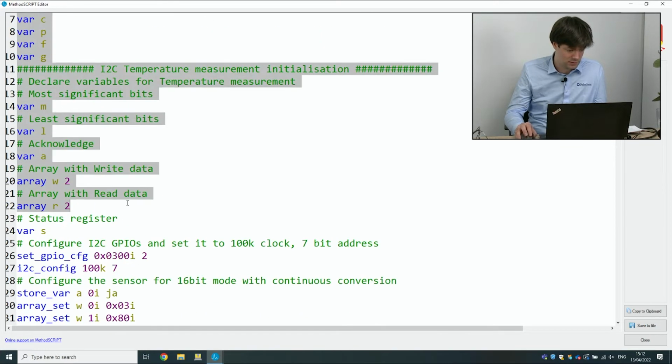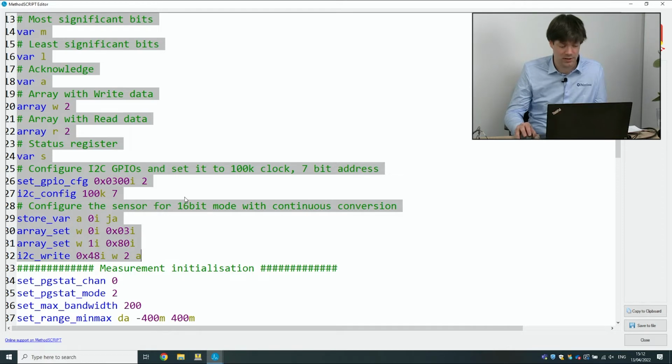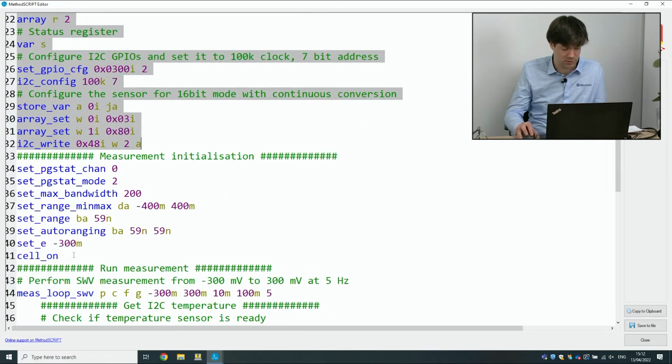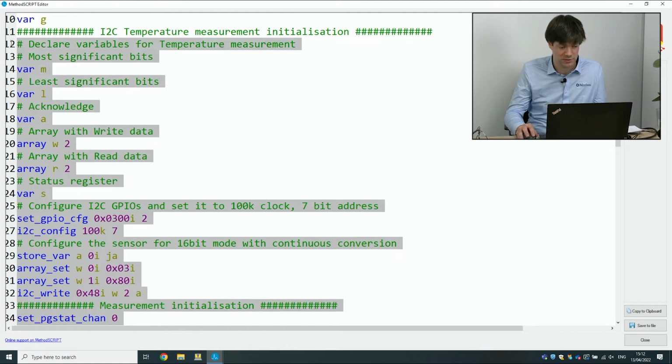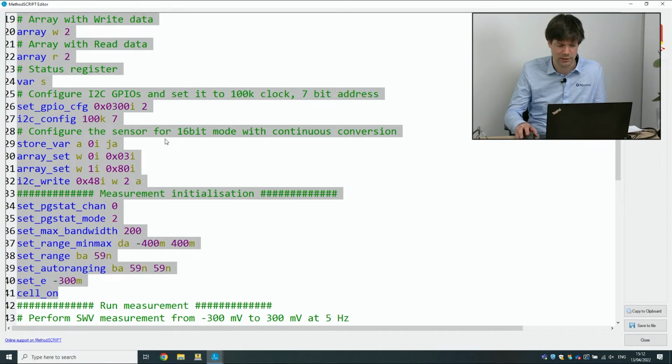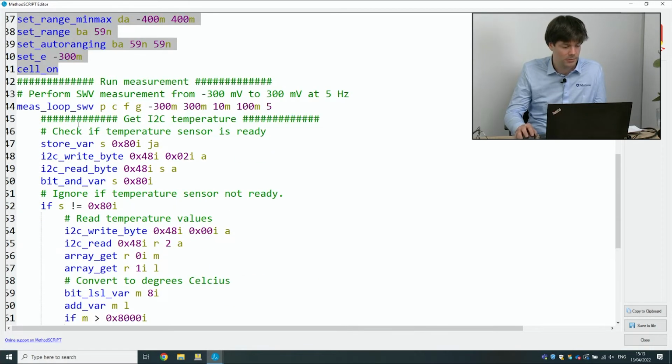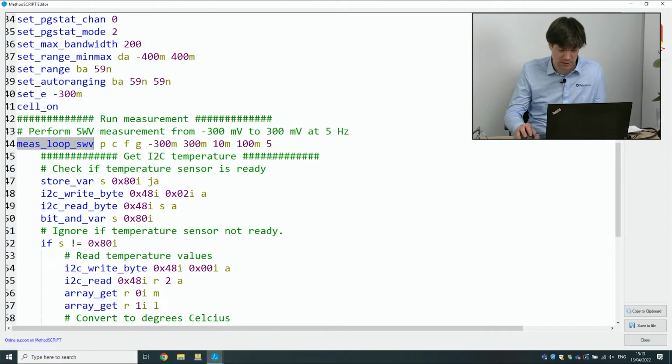The rest of this bit, the first bit here, is just initialization. I'm just going to skip over this just because it's a lot of code and it's not that interesting to explain right now. Most of this is generated by PSTrace. This is the interesting bit here. This is the measurement we're actually doing. So measurement loop SWV stands for measurement loop square wave voltammetry, and these are the parameters that we set in